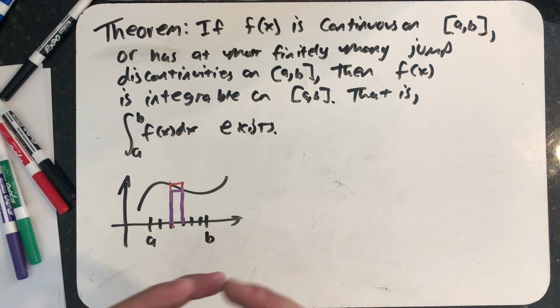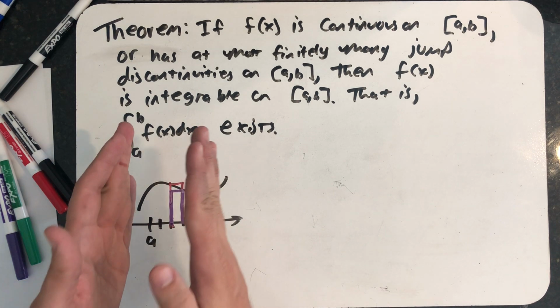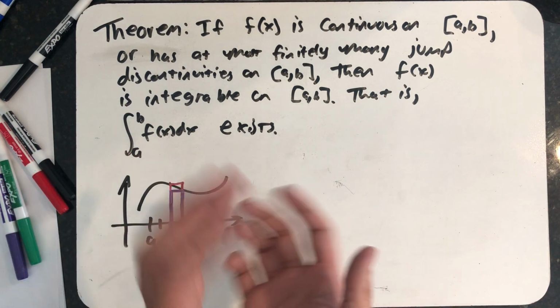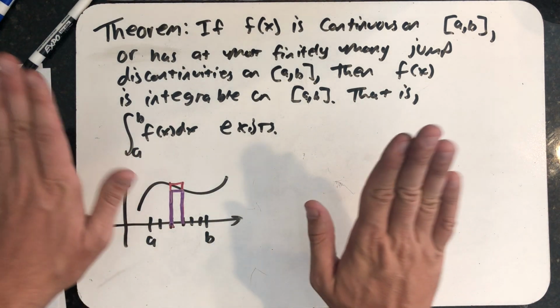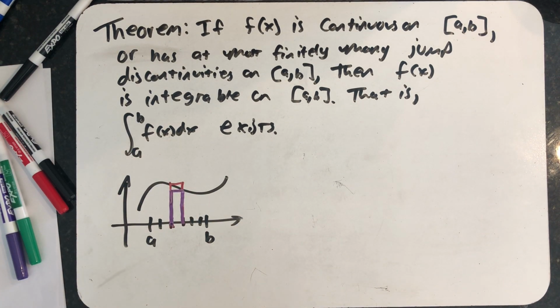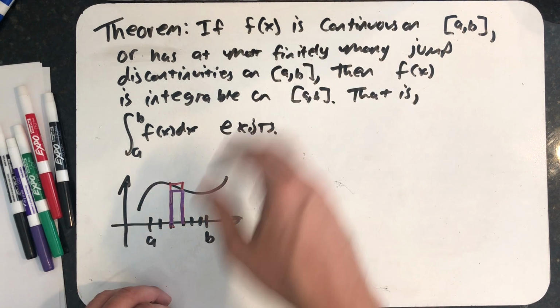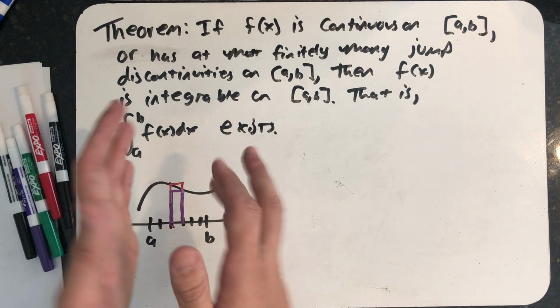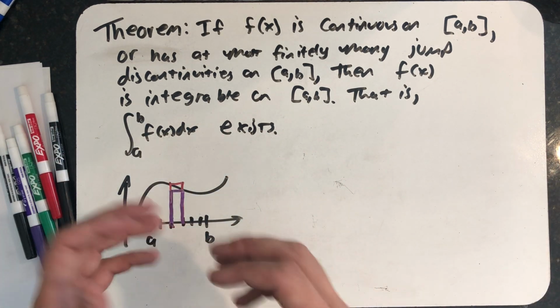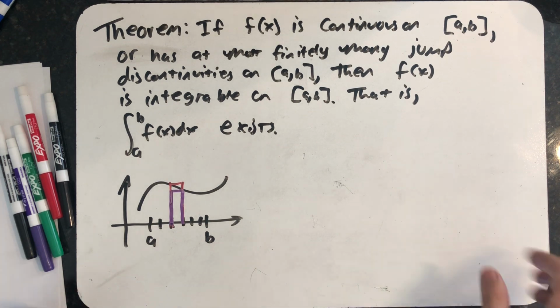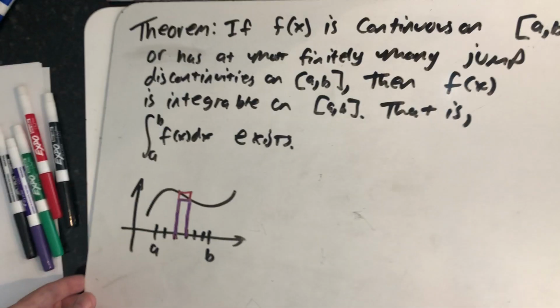I'm allowed to have finitely many jump discontinuities because then I could repeat the process on each piece between jumps and just add those numbers together. This theorem comes in handy when we're looking to see if a function is integrable or not. If I have a continuous function or a piecewise continuous function with finitely many pieces, then I know the definite integral will exist. That brings us to a theorem